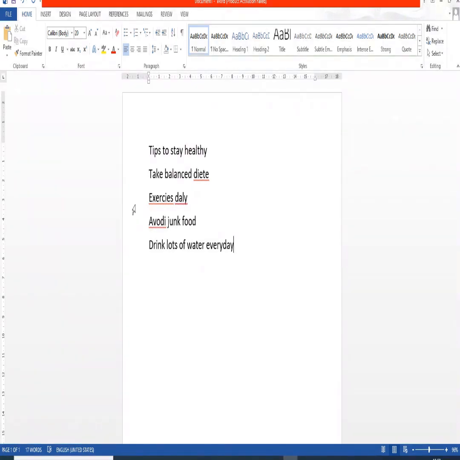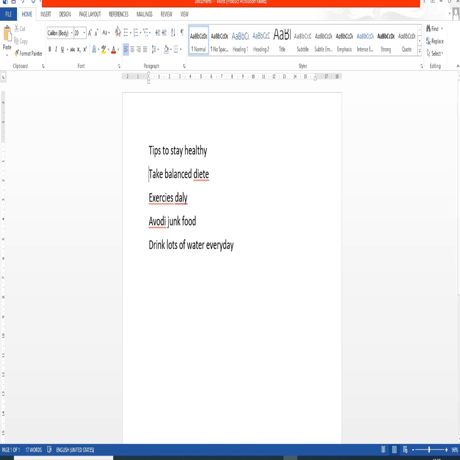And if there are some words which are underlined with either blue or green color, they indicate the grammatical mistake, right? So if you want to correct these mistakes, we can use the spelling and grammar feature. For using this feature, first of all, I will place the cursor at that position from where I want to start the spelling and grammar check.